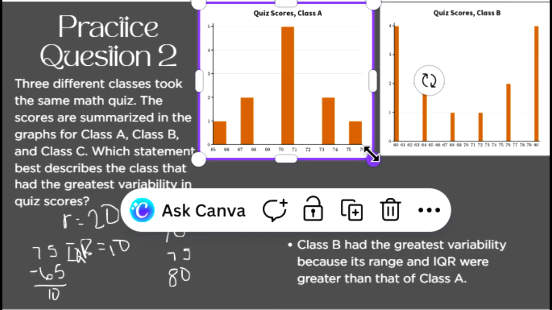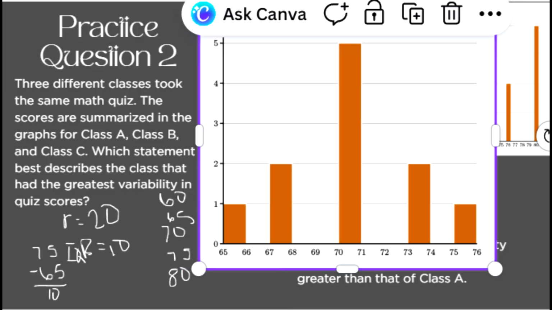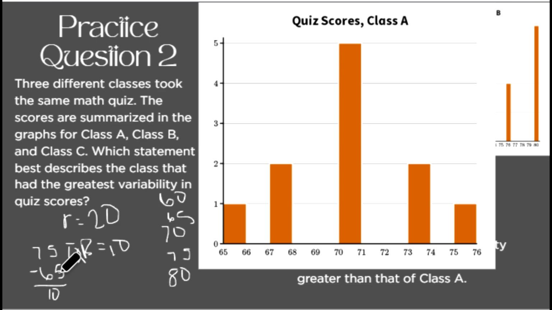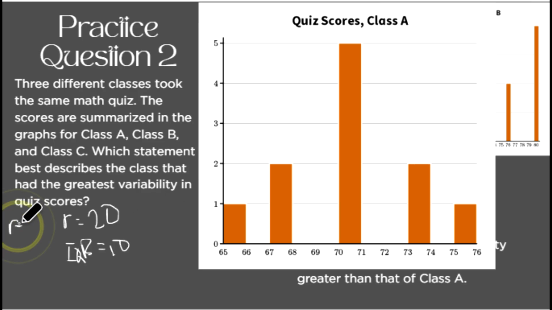Okay, get big for me. Okay, let's erase some of this stuff that we don't need. So the range for this first one, we'll write it over here so I don't get confused, is 76 to 65, which is like 11. Okay. And the IQR is going to be, we have 65, we have 76, so halfway of 11